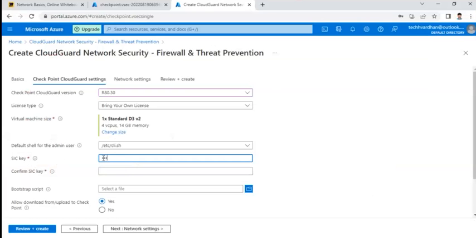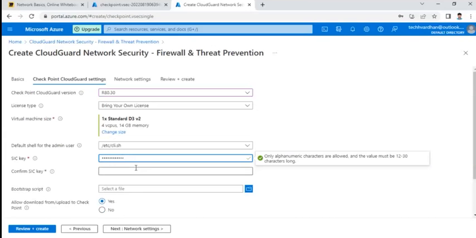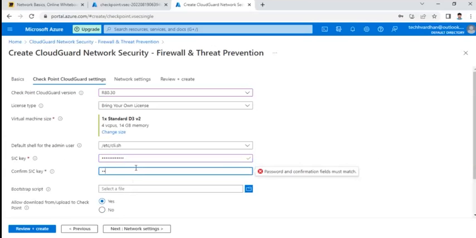So ABC123456789. Okay, so if you see, it's saying only alphanumeric characters are allowed. Okay, it won't allow any special characters, and the value must be between 12 to 13 characters long. Okay, so what I given, ABC12345689, so like 12 characters it came. ABC123456789. Okay,